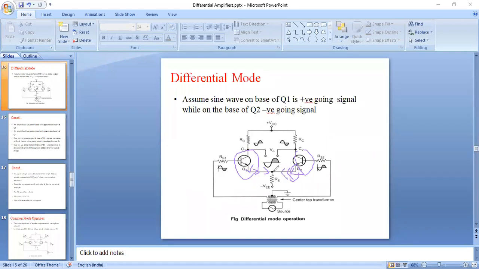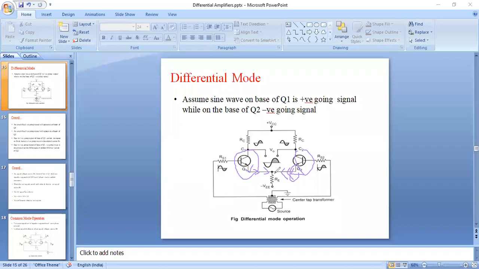So when it comes to this point, plus 10 minus 10, we are combining these two: the emitter of Q1 is combined with the emitter of Q2. When both the currents are equal in magnitude but opposite in polarity, those two currents cancel each other. When those two currents cancel each other due to the opposite polarities of current direction, the current is zero, and the voltage developed across the emitter also becomes zero.